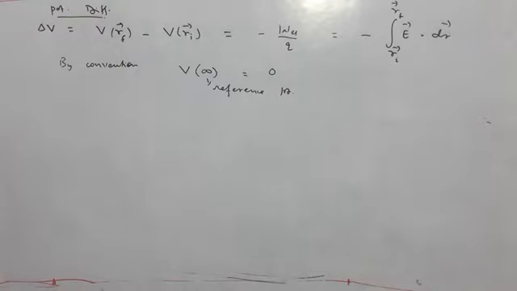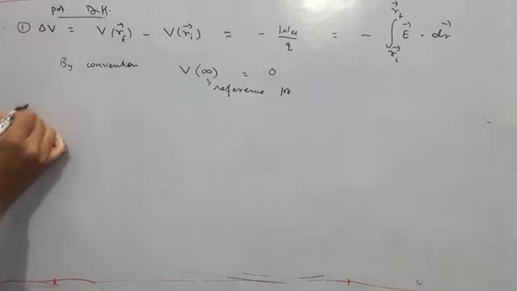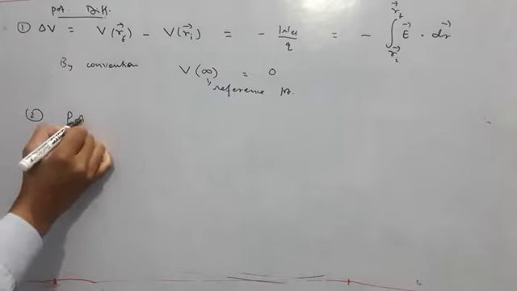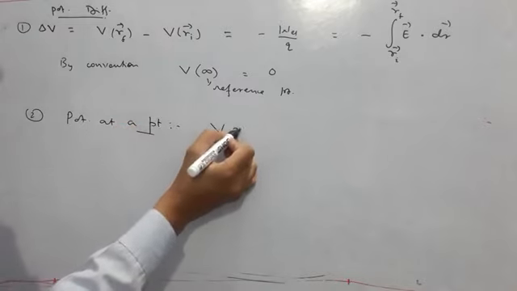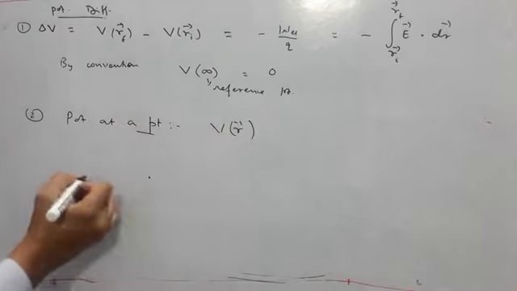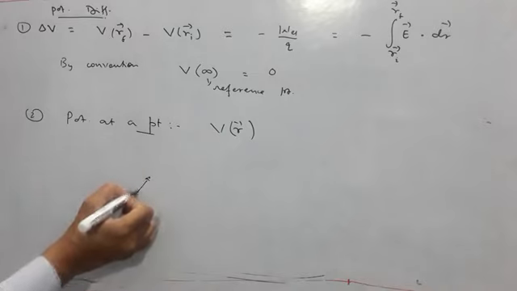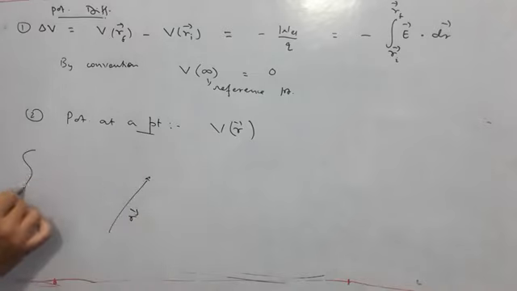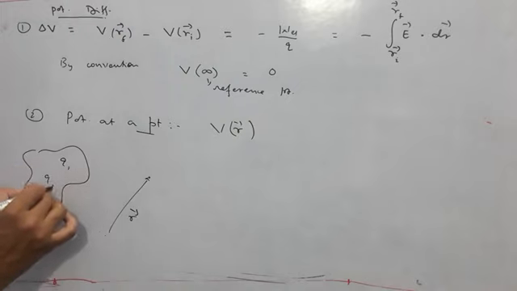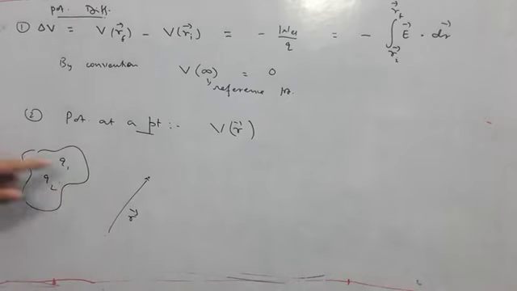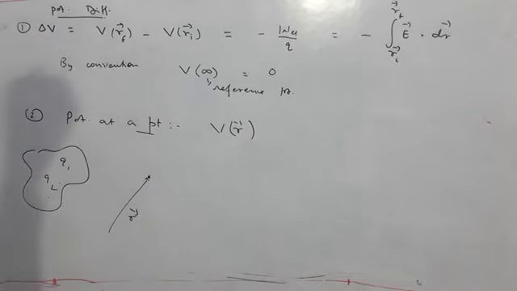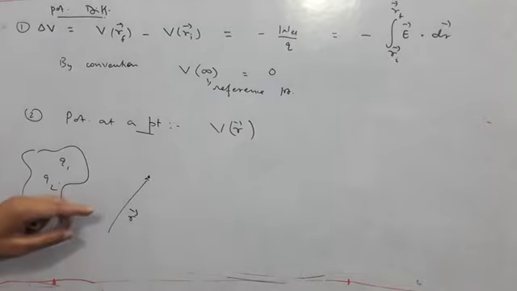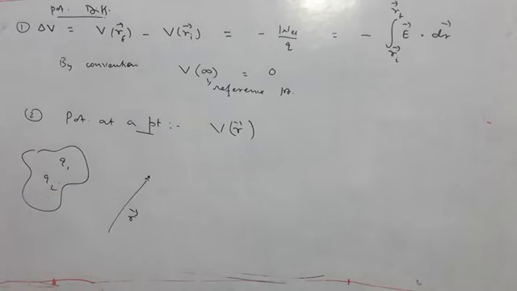Using this convention, from potential difference, next we will come over to potential at a point. That means V(R). There is some point in space, and with respect to origin it has a position vector R, and there is some charge configuration Q1, Q2, Q3. They are the charges because of which there is some electric field. We have discussed the potential difference between 2 points. Now we wish to know what the potential is at a particular point.